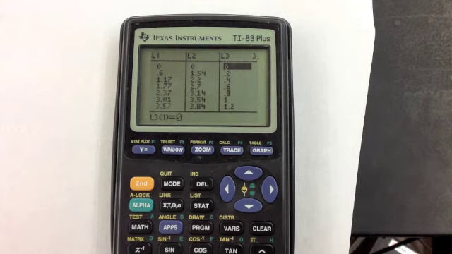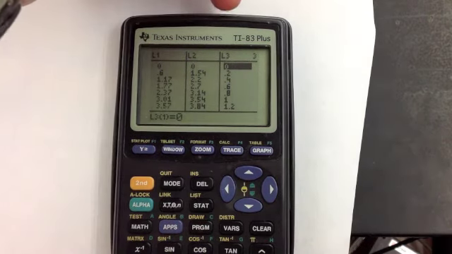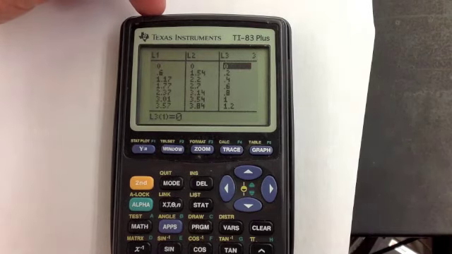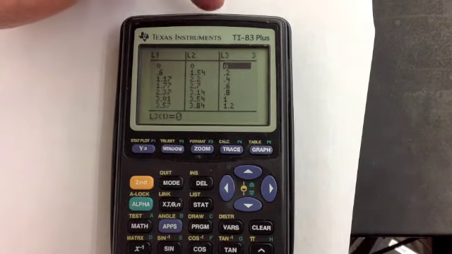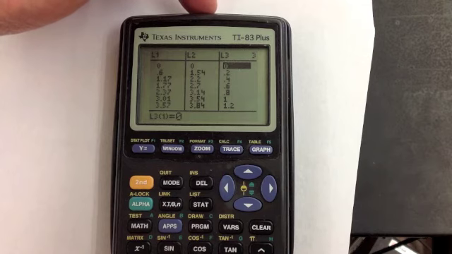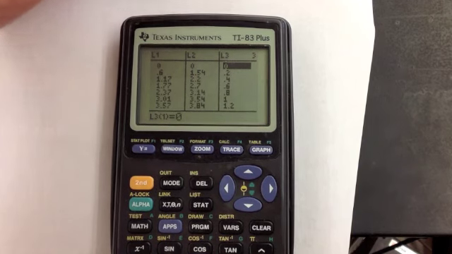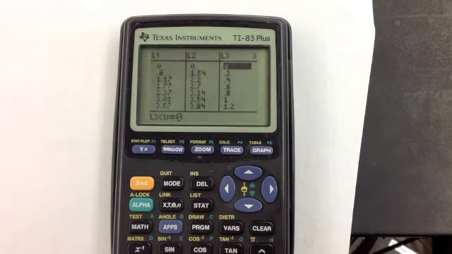I already have my data in. I have L3 as my Y data for both of them, and then I have my X data as L1 for one graph and L2 for the other graph. So these are different times. L1 has one set of times and L2 has another set of times. You're not able to do this with graphical analysis, so we need to be able to do it with our TI. So the first thing I do is I go